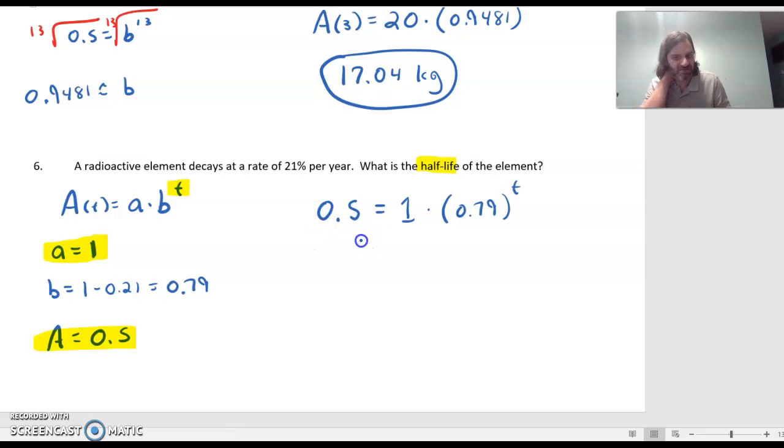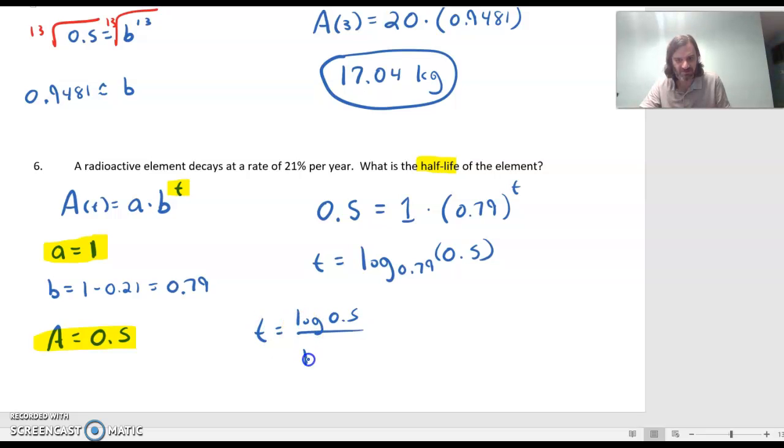And that's where my logarithms come into play. t equals the log base 0.79 of 0.5. So I need a change of base formula. So log of 0.5 over log of 0.79. That's an exact answer from what we've got. We have no idea if that's a big number or not. Probably not a big number. But let's see here. It comes out to be